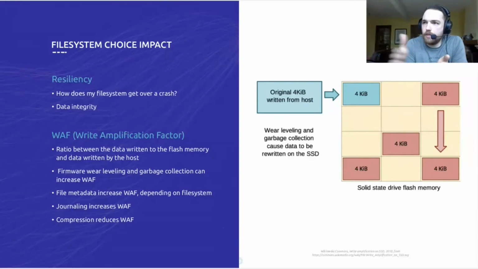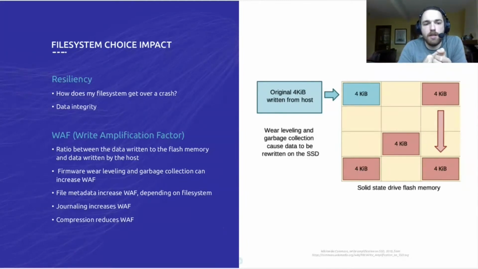When you write 1 byte of data to your memory, the file system adds some metadata around it, so you don't write just 1 byte, but multiple bytes on the disk. There are some different impacts on the write amplification factors. Typically, the firmware wear leveling and garbage collection increase the write amplification factor because it writes to multiple locations on